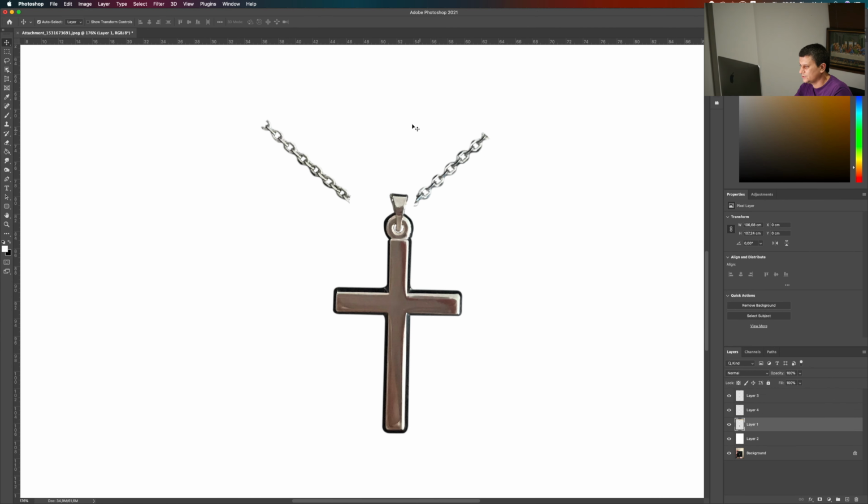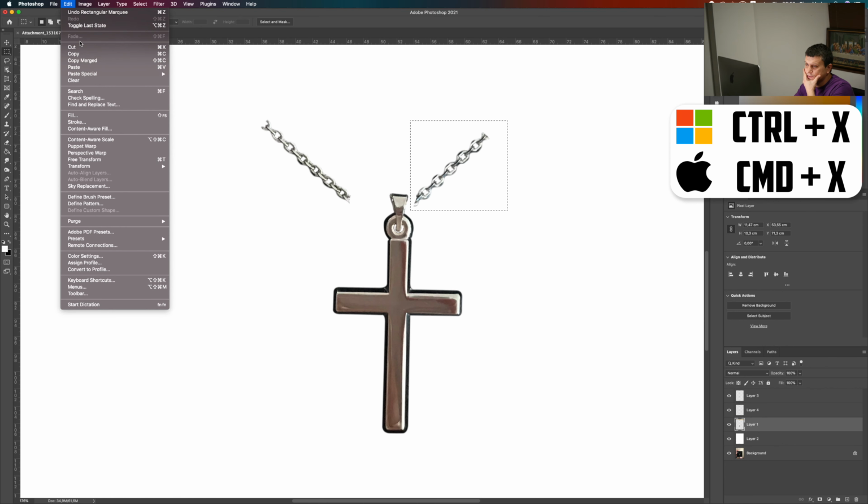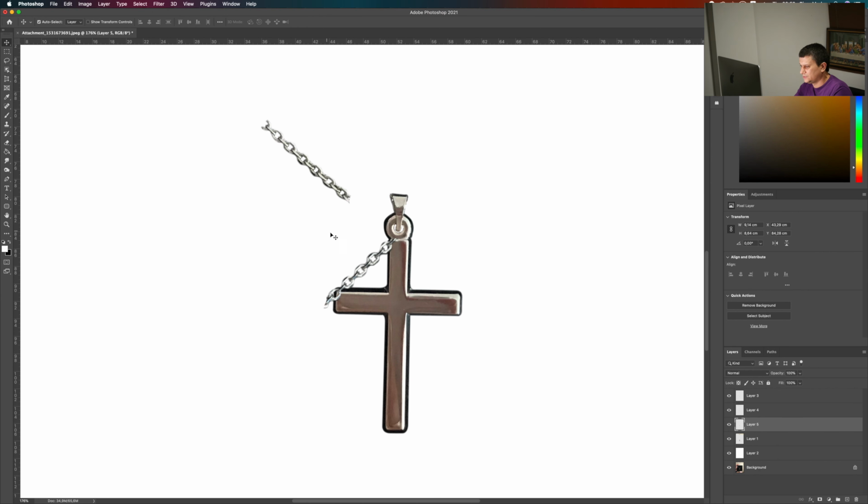Again, select this one, or go to Edit and then Cut, and then paste. Now we have separate layers for most of the parts of our jewelry.